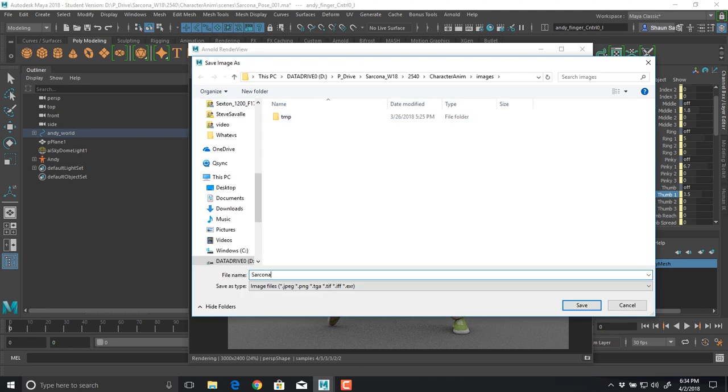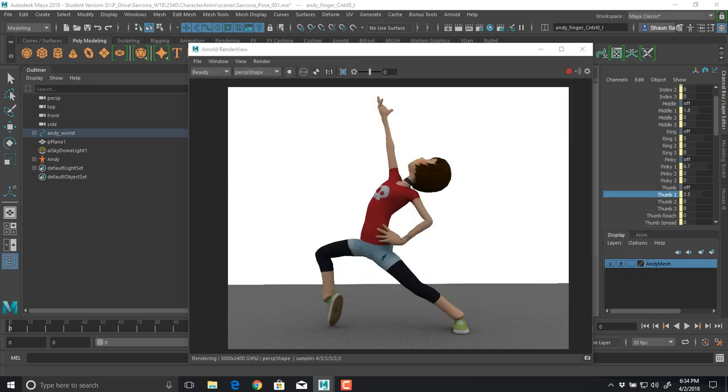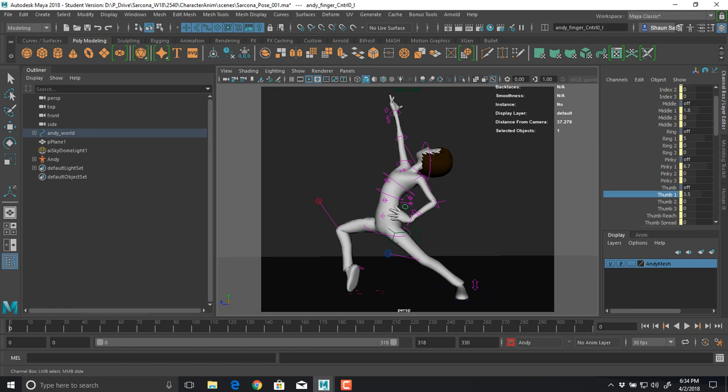And this will be Sarcona pose 001.tiff. Okay, so that saves my TIFF image, and image 1 is done. There we go. Now, just to be safe before I exit and go on to pose number 2, I want